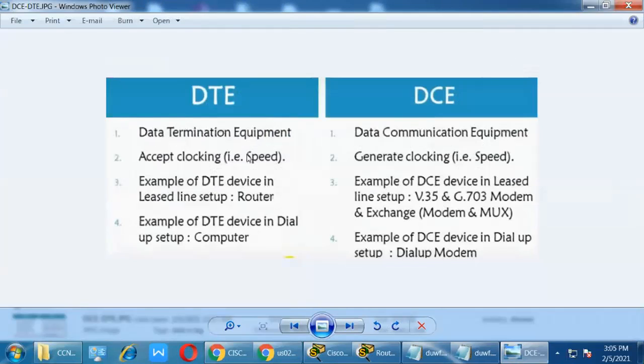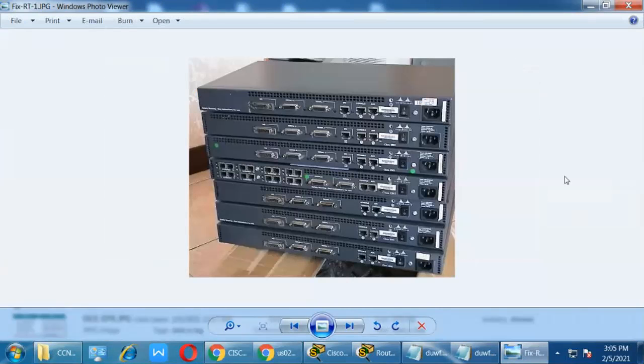What is data termination equipment? We already discussed all these things in DCE. Okay, and which router is this? Usman, can you say which type of router, which category of this router? Like you are asking for the series number, sir? Not series, which type? I told you two categories of router.